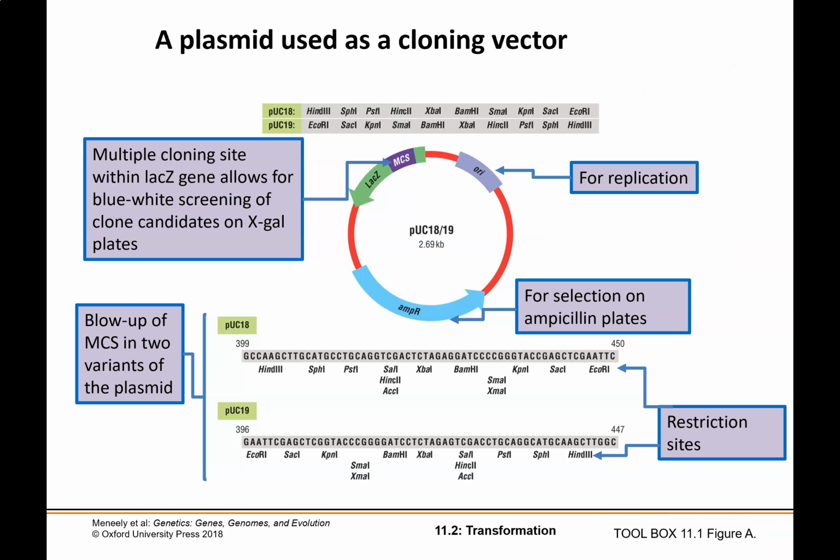So the rest of this slide just shows an expanded view of that multiple cloning site where we have our restriction enzymes. So if let's say you were to cut this pUC18 plasmid with PstI, this is one that we saw in one of our labs, you would make your cut here. I don't know exactly how PstI cuts, but you would cut your pUC18 plasmid with PstI. You would cut your gene with PstI, stick it in, allow them to come together, and now you have your pUC18 plasmid with your gene of interest.